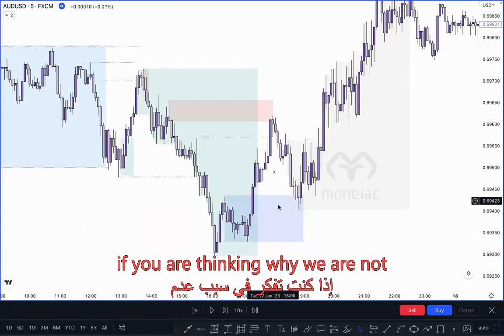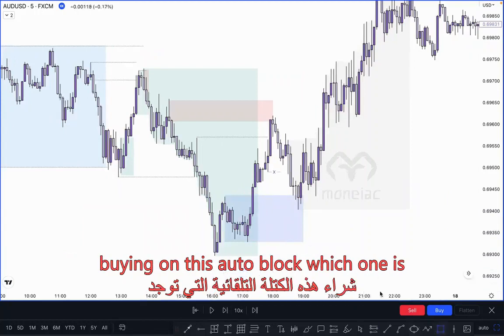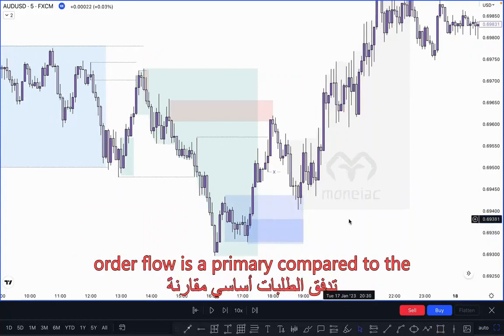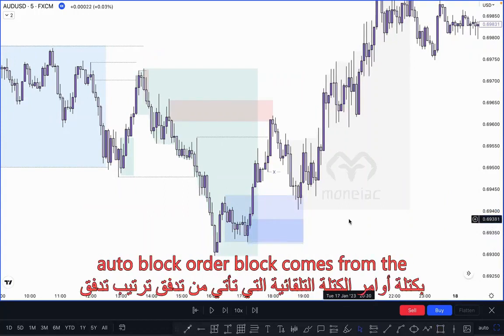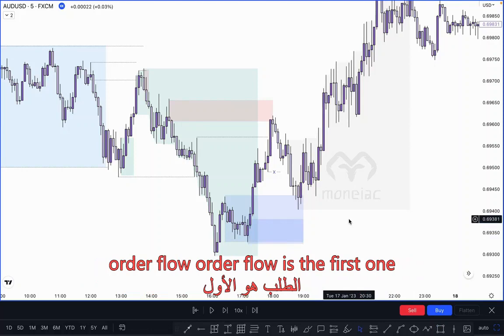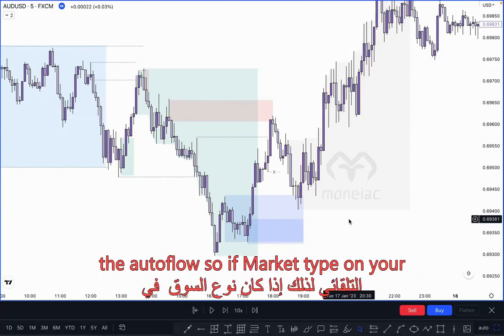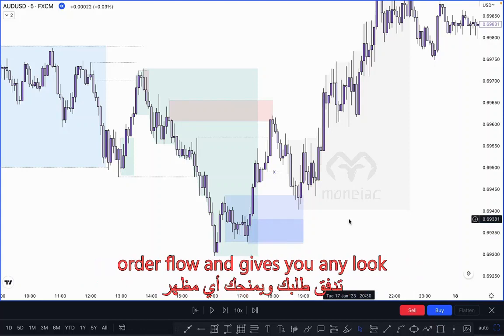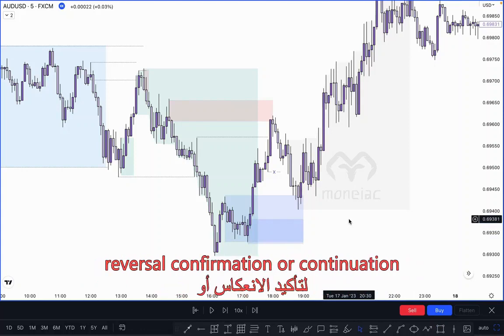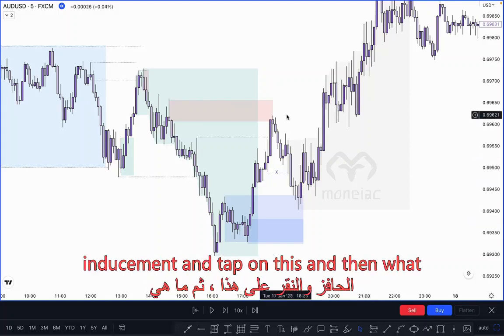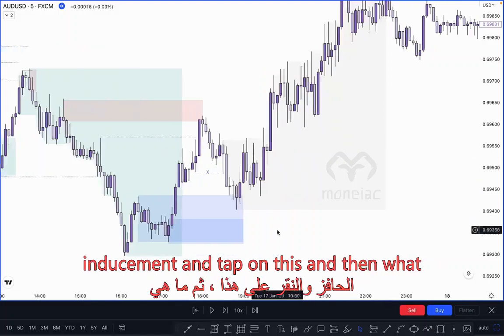If you are thinking why we are not buying on this order block, which one is here? As I explained in the ebook also, order flow is primary compared to the order block. Order block comes from the order flow. Order flow is the first one, and order block is a refined version of the order flow. So if the market taps on your order flow and gives you any reversal confirmation or continuation confirmation, then definitely you can buy or sell. So price taken out this inducement and tapped on this, and then what criteria should you